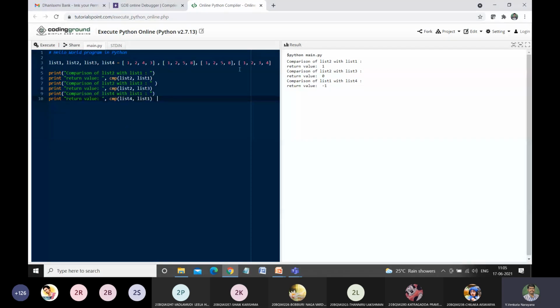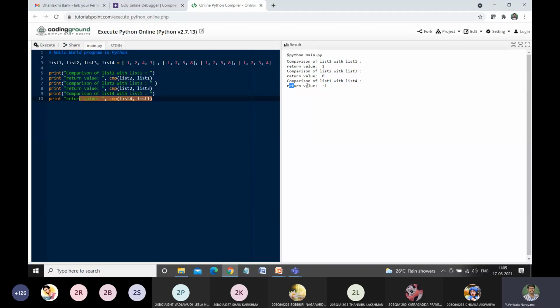In this case, 3 compared with 4 means the value is less than, right? By comparing list 4 with list 1, the value becomes less. So the return value is minus 1.